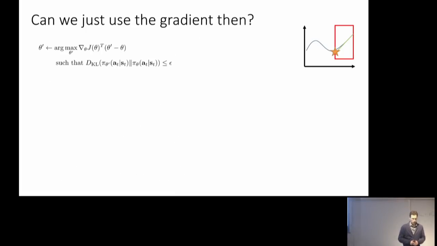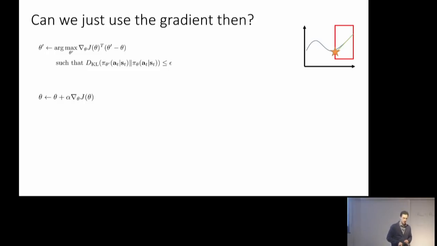Okay, so things are getting very gradient-like at this point. Can we just use the gradient? Can we do the thing that we used to do before, and will that actually satisfy this constraint? The answer is no, but we can do something very similar. If you just take a step in the direction of the gradient, you might violate this constraint for kind